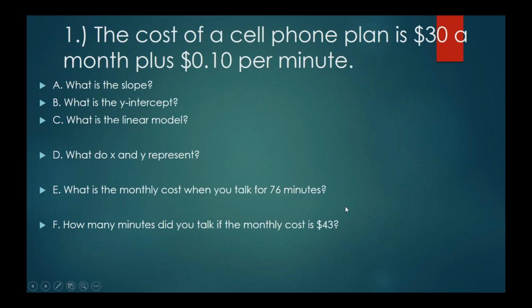Okay, let's do one example. I don't know if we'll get through more than that, but let's try this one. The cost of a cell phone plan is $30 a month plus 10 cents per minute. Okay, now when you're thinking through $30 a month plus 10 cents a minute,